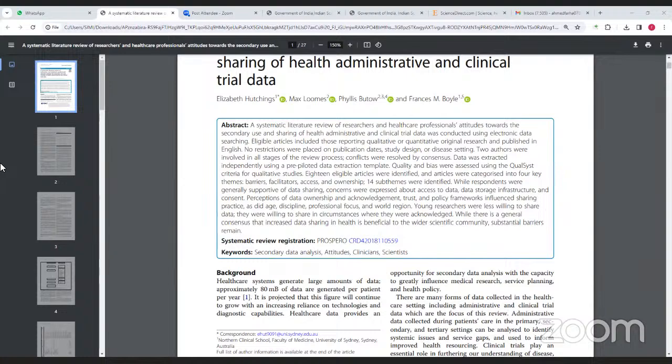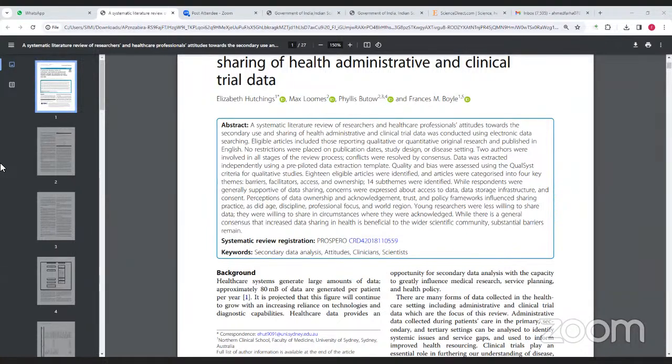Two authors were involved in all stages of the review process. Conflicts were resolved by consensus. Data was extracted independently using a pre-piloted data extraction template. Quality and bias were assessed during the